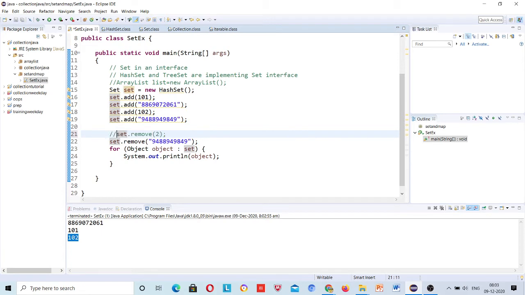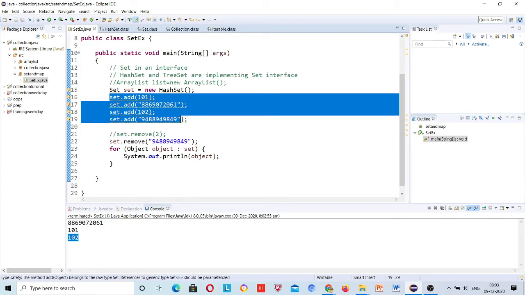Set does not remove by just passing an index. Why does it do so? Because it says that you have added values and these values are not in an order, right? So if these values are not in an order, you are trying to remove something and it might remove something else, right?